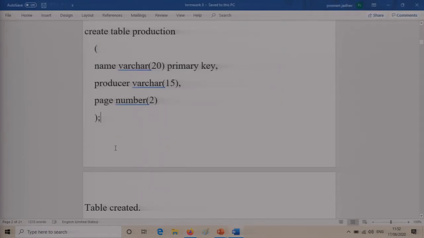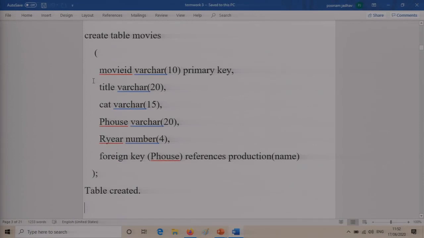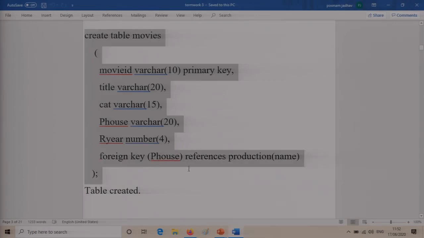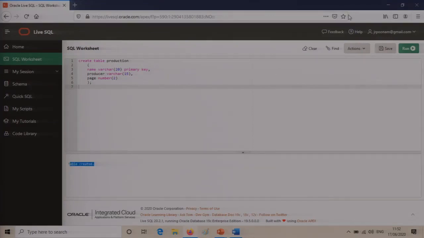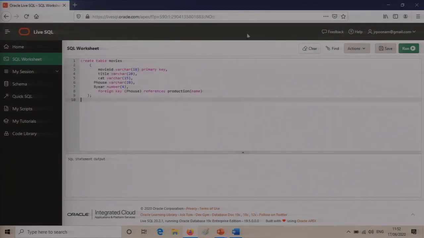Because there were 6 tables to be created, this is the movie table. Remember, in the schema the movie table was shown right at the top, but if you observe, there is a foreign key reference here. I'll paste it here and show you. It has a foreign key reference from the production table. So unless and until the production table has been created, you can't create this. If you try, you will have to skip this statement and then modify the table and add this constraint a little later. So that's a tedious job.